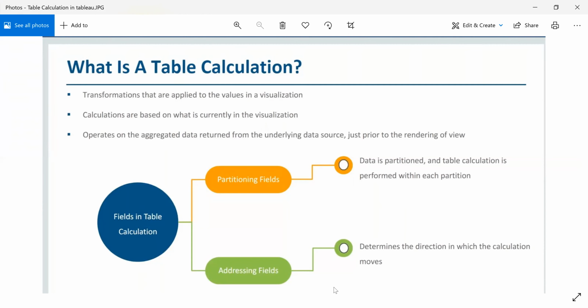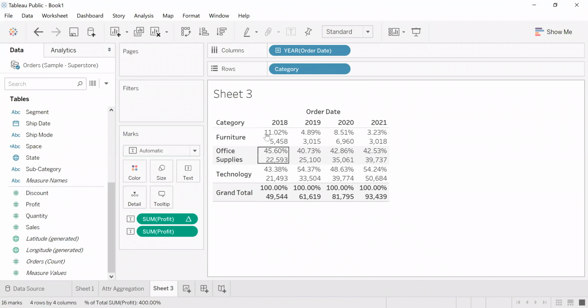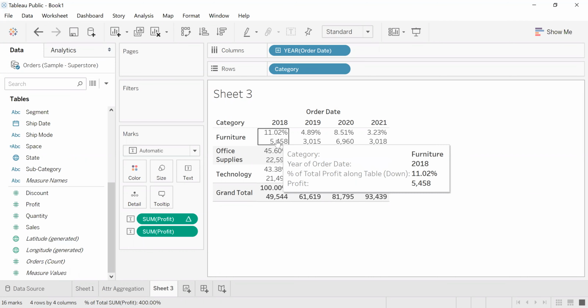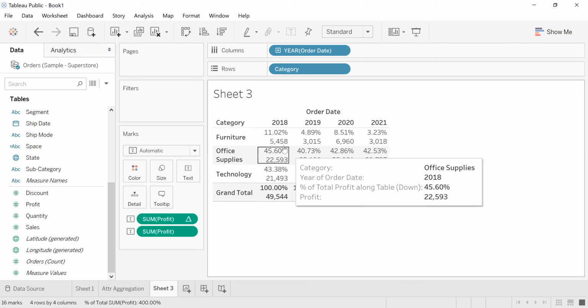Let me share my workbook again, and then I will explain it again. See, the data is partitioned at year and furniture level.